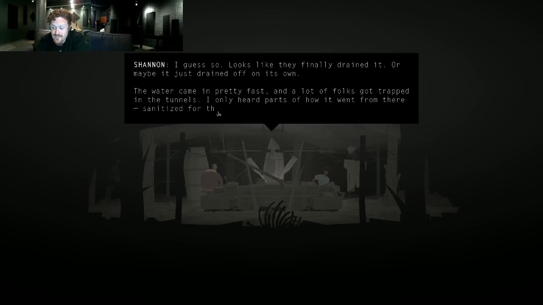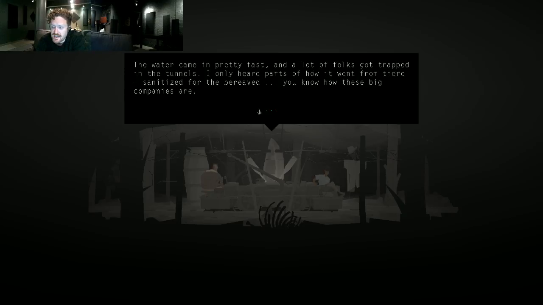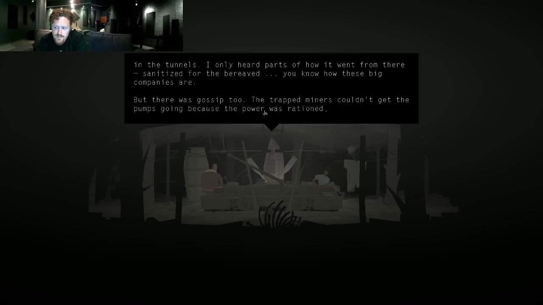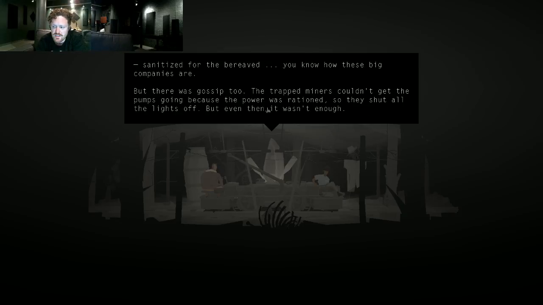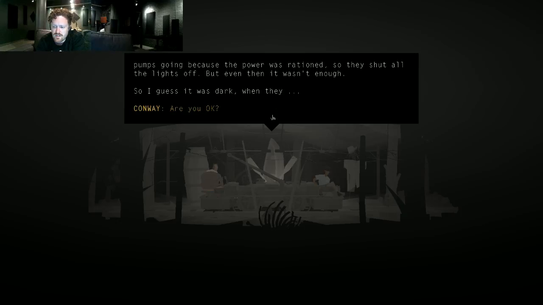The water came in pretty fast. A lot of folks got trapped in the tunnels. I only heard parts of how it went from there. Sanitized for the bereaved. You know how these big companies are. There was gossip, too. The trapped miners couldn't get the pumps going because the power was rationed, so they shut all the lights off. But even then it wasn't enough. So I guess it was dark when they...